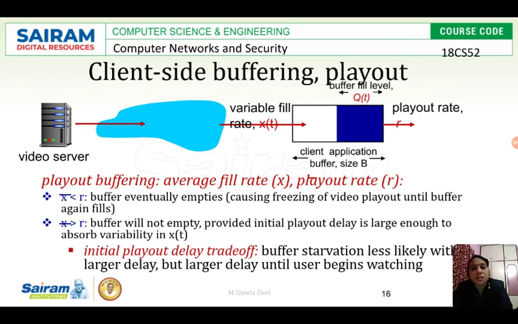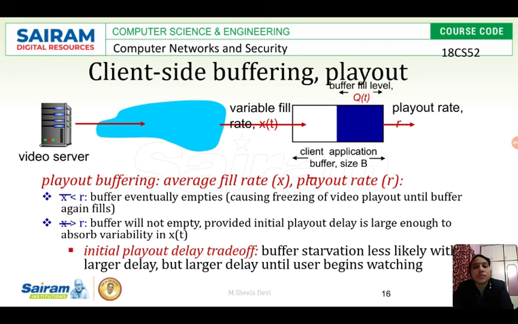If the consumption rate is higher than the transmission rate, the client will absorb all the data, but since the sending rate is less, the client application buffer cannot fill with the speed of the video consumption. So the client application buffer empties and the video playout freezes until the buffer fills again. The video will be frozen and we cannot have continuous play.